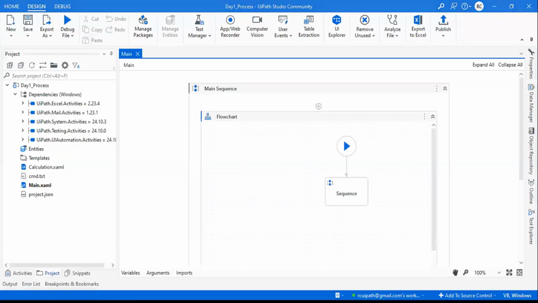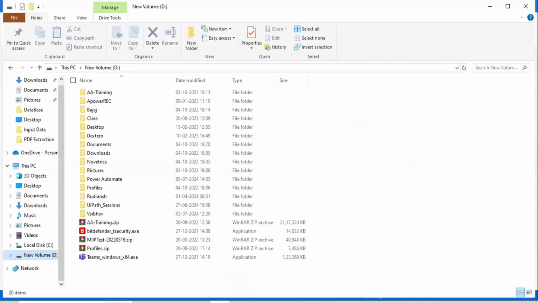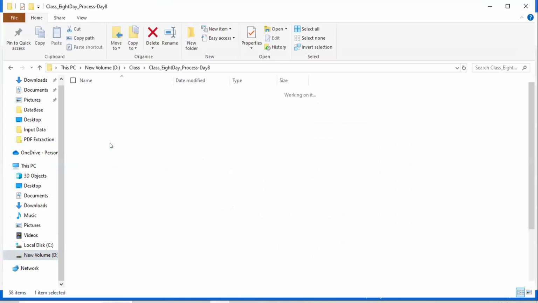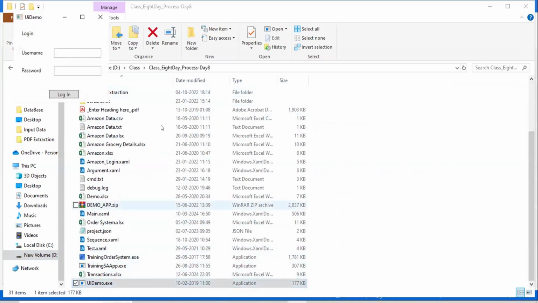Okay. Now we'll go to today's problem set. Okay. And here you can see, just one thing actually before moving ahead, I want to explain. You can see here